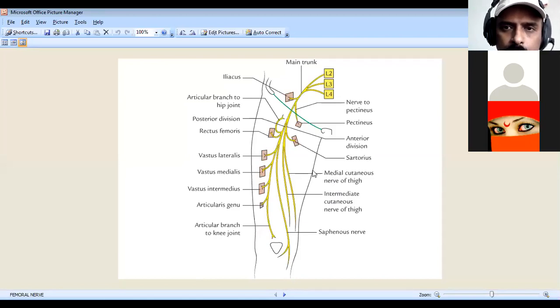You have to know that it is formed from the lumbar vertebrae L2, L3, L4, forming the main trunk, and it runs below the inguinal ligament. It gives an anterior branch and a posterior branch. The anterior gives many branches. So you have to know about the relations of the femoral nerve, like artery, vein and nerve. You have to remember the relations in the femoral triangle and in the adductor canal. So that you have to know, almost all of it.